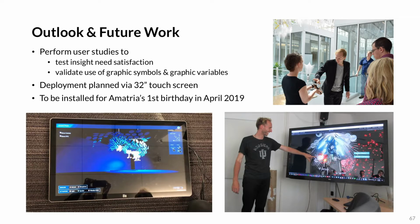In terms of future work, we are planning a set of user studies. We will really want to test the insight need satisfaction. We want to find out if you have two groups of people under Amatria and they both get an introduction, like by a guide, and then one group gets to use Tavola and one group doesn't, can we actually measure differences in scores if we give them a questionnaire and ask them questions about the structure of the sculpture, really trying to quantify the impact that this application could have,